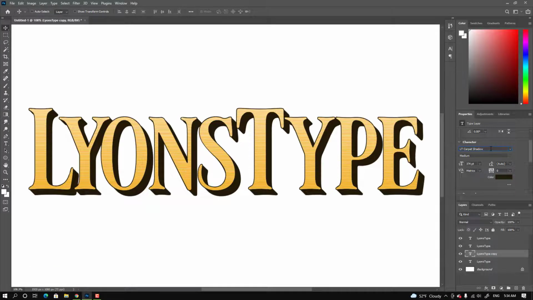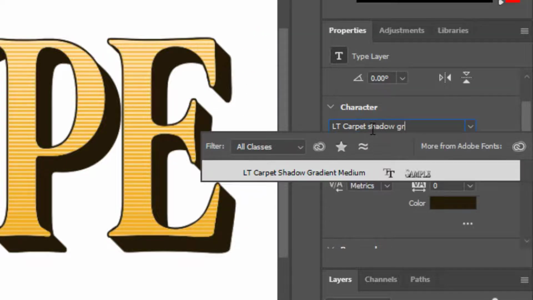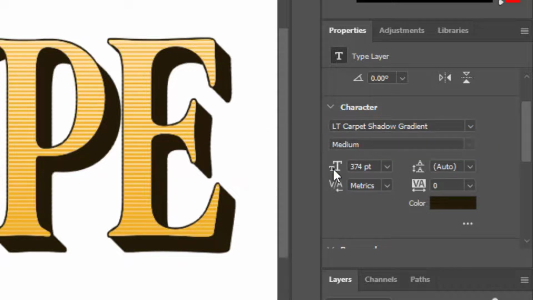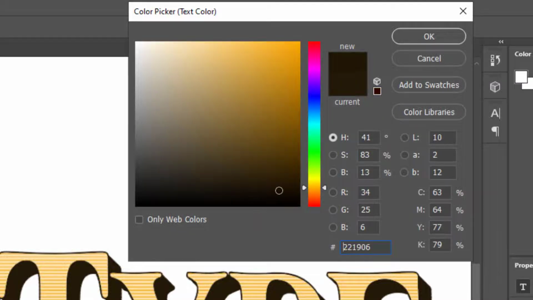And last but not least, we're going to be applying a shadow gradient stacking on the shadow out of all layers. Go to your color picker, and then pick black.